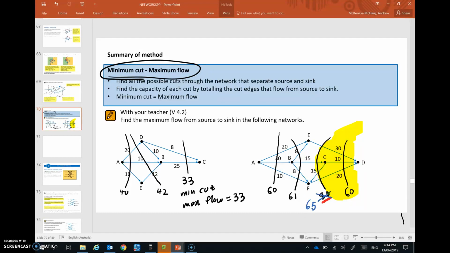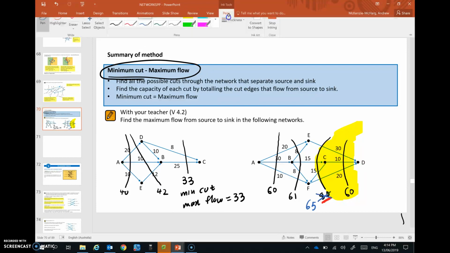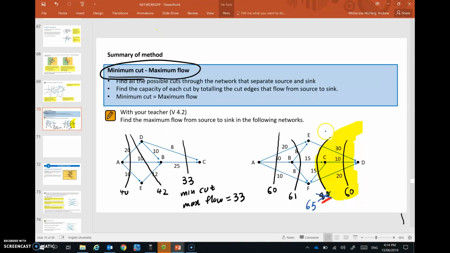But despite that, I can't find a smaller cut than the two 60s there. They're equally low. Just have another quick look. 45. No, I just can't see one. Correct me if I'm wrong, but I think that's the lowest cut there is. So the minimum cut is 60 on this one, hence max flow